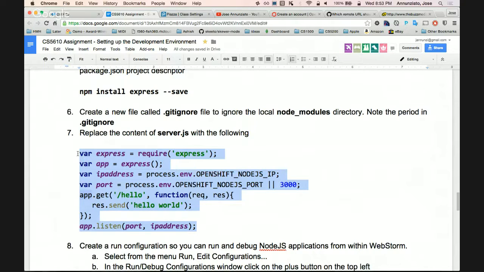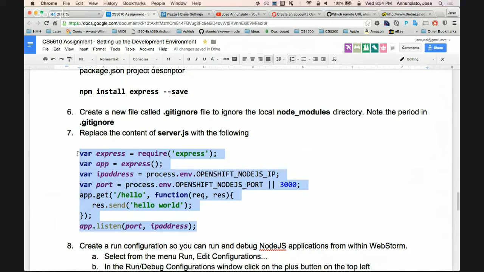It requires the Express module, which allows you to listen for incoming GET requests, and it maps this incoming URL to this function. If this incoming URL comes in, this function gets executed. It receives objects that represent the request and the response, and it uses the response to send back text that says "Hello World."